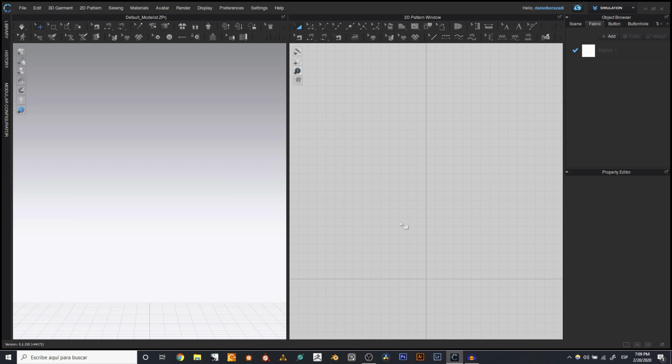But CLO is a big program, it's a suite, so you can do everything from pattern making to fashion design and graphic design. Well, graphic design is done outside, but you use those graphics here and you can make lookbooks and stuff like that inside the program. So starting from the ground up, the basic tools that the pattern makers need to use